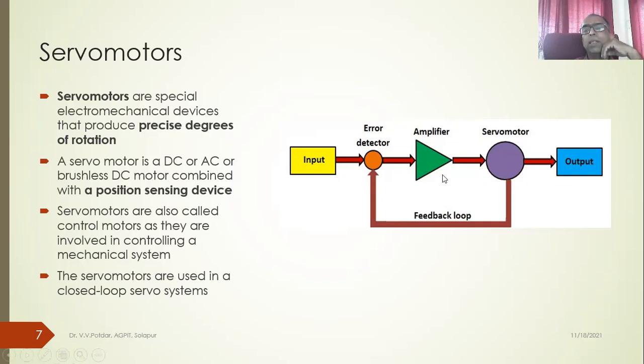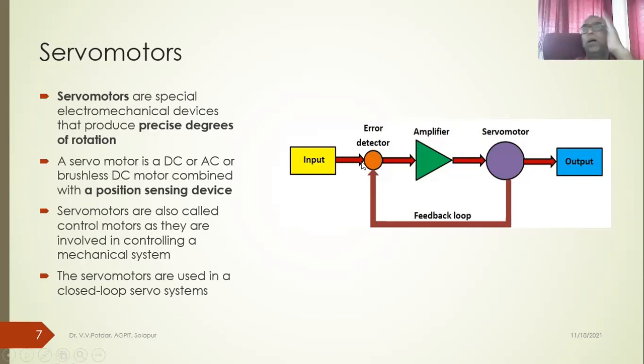As you can see, we'll be studying this closed loop control system in units 5 and 6. You have a comparing device or error detector. I have the set speed or set angular position of the servo motor, and the feedback loop, the angular position sensor transducer, provides me the actual present position of the servo motor output shaft.